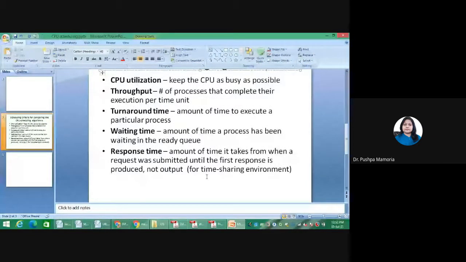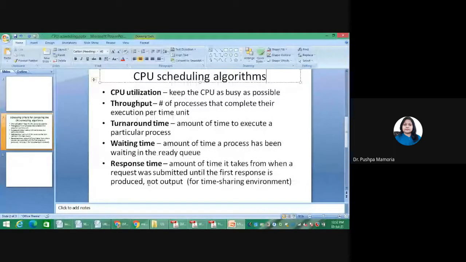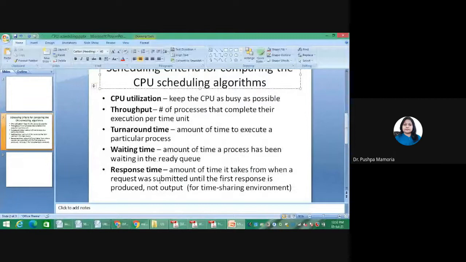So on the basis of these 5 criteria for the scheduling algorithm, we will see various scheduling algorithms available and the functioning of the scheduling algorithm, and on that basis we can compare the various characteristics of the scheduling algorithms, right? So in this, the first algorithm we have is the first in, first out algorithm.